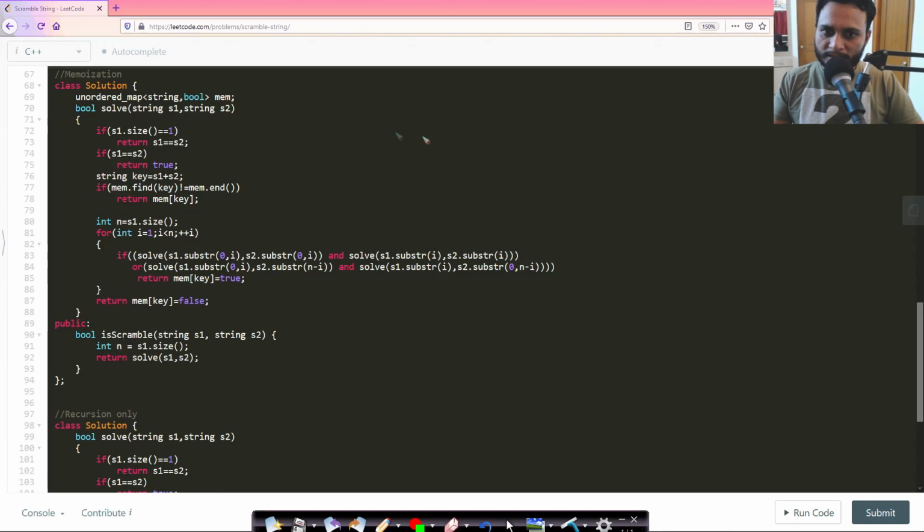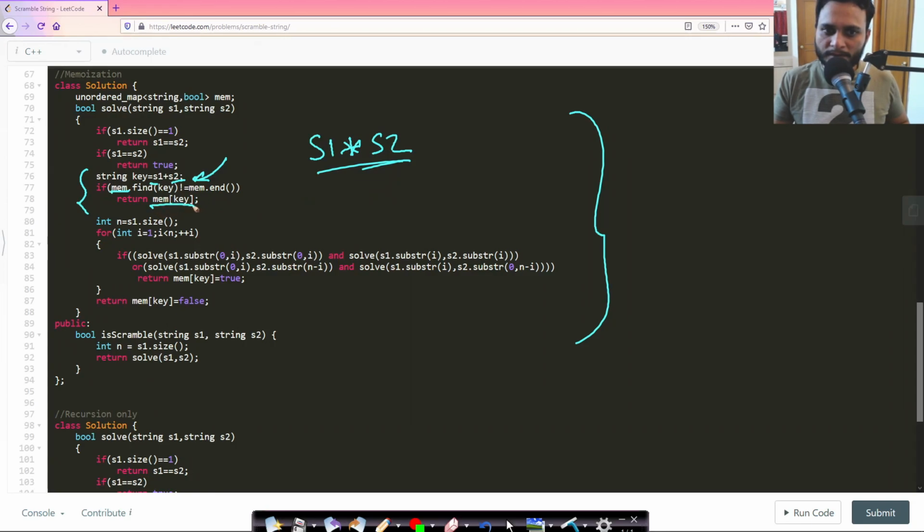Now in this code you can see that it is exactly the same as the recursive code, but what we are doing is forming this key which is s1 plus s2. This s1 plus s2 might not give a unique subproblem, so we put a star in between s1 and s2. Okay, so we will look it up in the map. If it is present in the map, then we will return the result without doing these calculations unnecessarily. Otherwise, if it is not present, then we will do all the calculations, and while returning we will store it in the map so that the map gets updated, and the next time this subproblem comes, we don't have to repeat it, right?